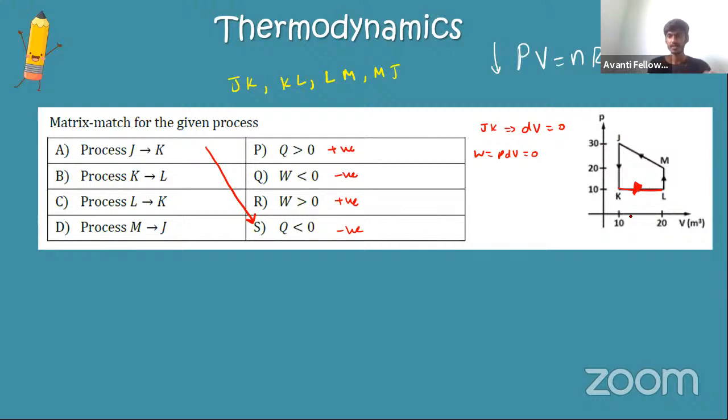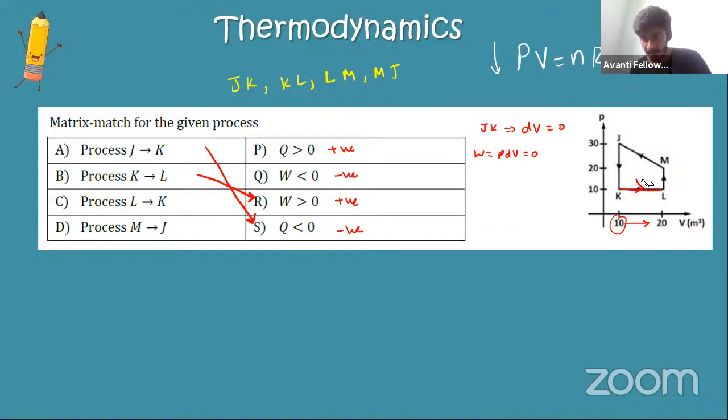Exactly, Aditya. So now you can see that initial volume was 10, the final volume is 20. So work done is positive. So I can put KL is equal to, work done is increasing. It's not negative, sorry. It's positive. Work done is positive, because increase in volume, as I told you, in expansion work done is always positive. So therefore B is equal to R.